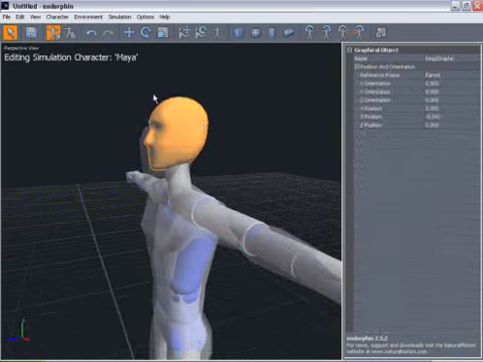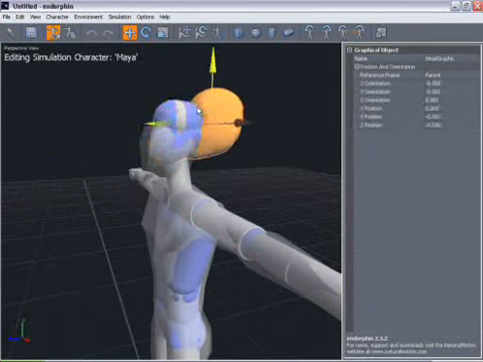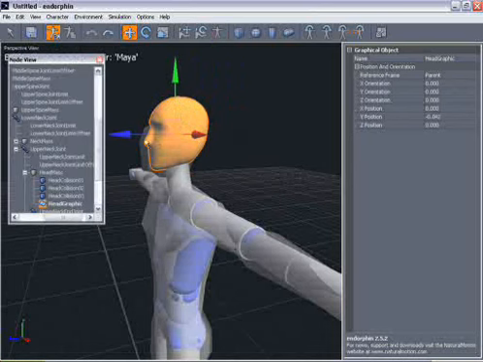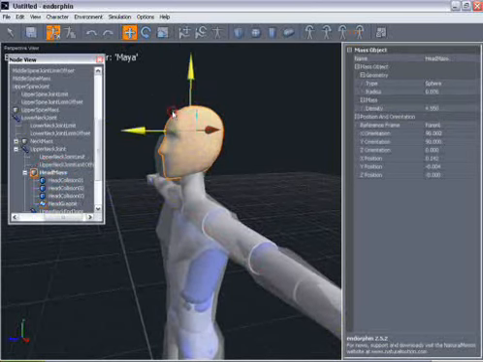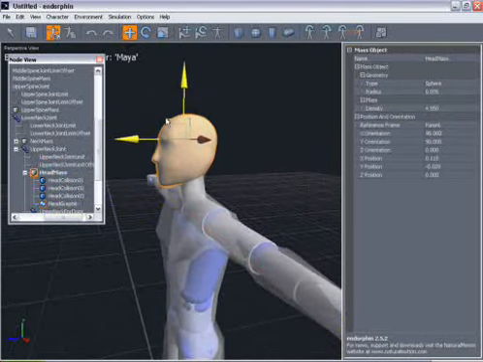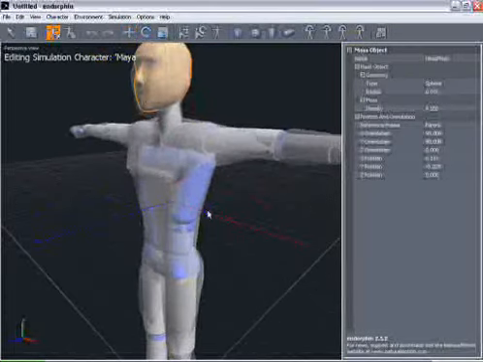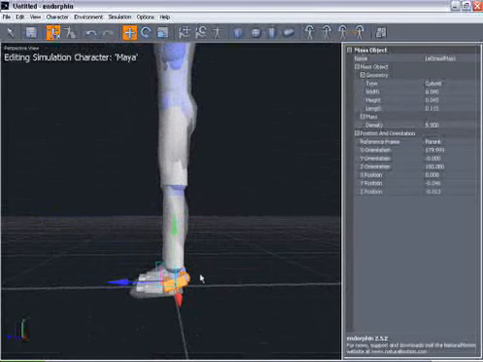So I could just move the head graphic, but as you can see, that's just moving the graphic and it's not actually moving the collisions and mass objects underneath. So again, I'm going to bring up the node view, and then I'm going to walk up the tree to the head mass, and now when I move that, all of its children are going to move, including the mesh as well. And then I go down to the feet, and I can see that these heels are angled up